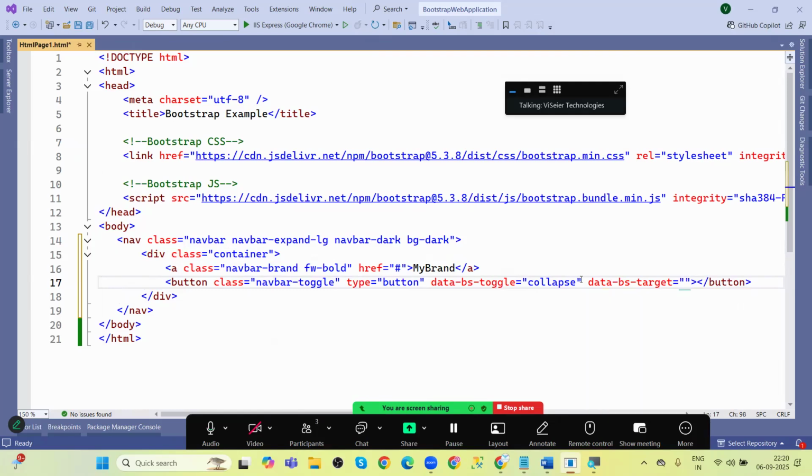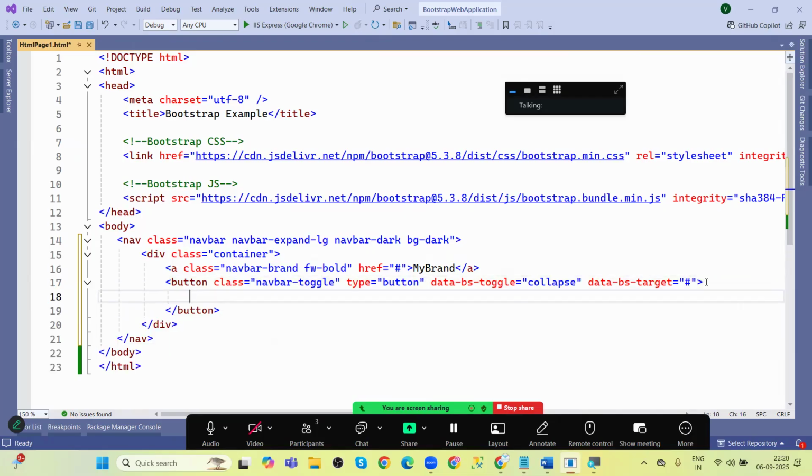BS target. So here we need to give ID. So what ID? Which one you want to target? That is what we are giving. Inside I will write span. Any button or any heading inside where you want to apply a specific text design, for that we are using span. We are using span. Anyway, class is equal to